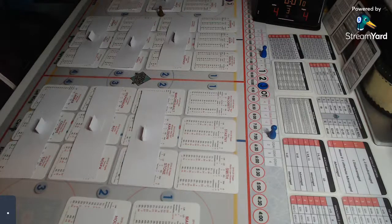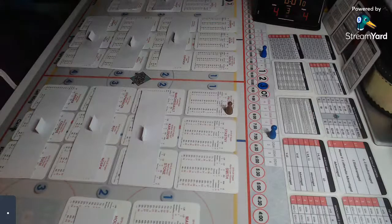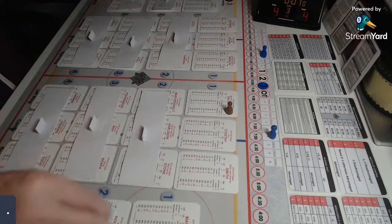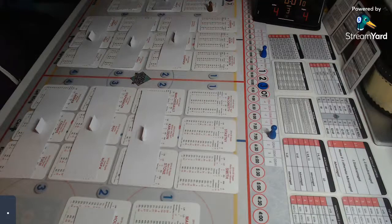So, defensive zone face-off in the Dallas end. 8 on a +1 is going to go to the disadvantaged left wing, who is going to be Pacioretty, and he's going to look to move the puck. 43 is a 4, so he's going to get a shot. 51, Pacioretty gets a shot on goal, and Ben Bishop with the 44 makes a big save again, and he gets it out to Esa Lindell on the right defense position for Dallas. 15 is a 7, becomes, we can't become anything more than 7, a block +2, so it's going to be blocked, and it's going to be blocked by 10, the advantage. So Martinez blocks that shot,